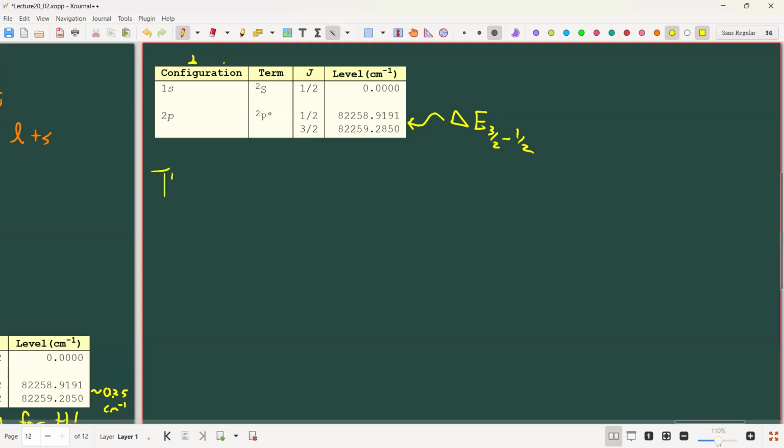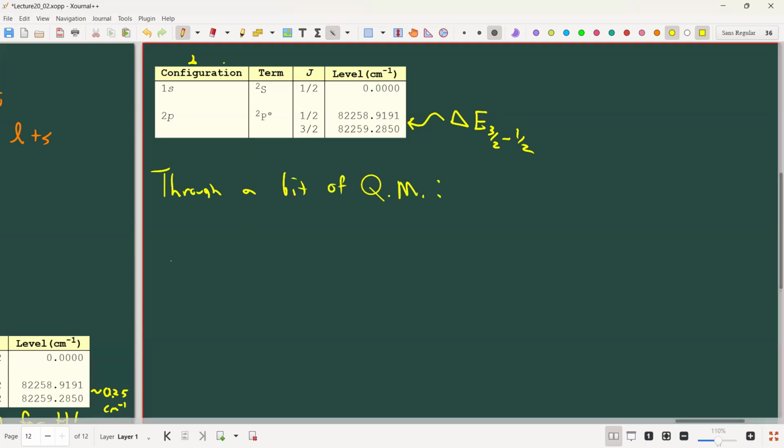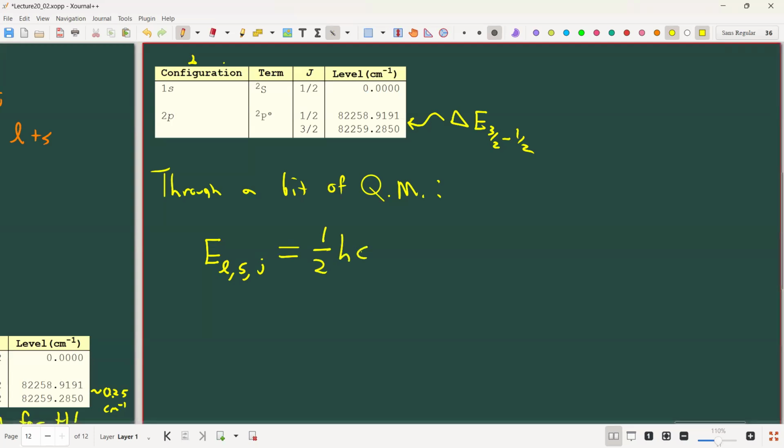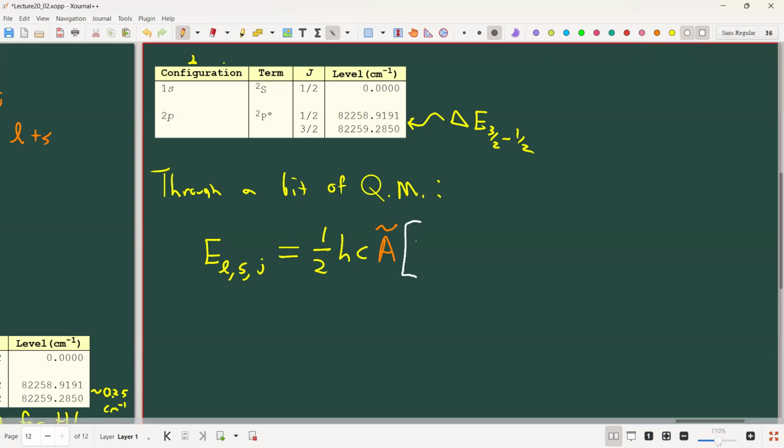What you find is that, through a bit of quantum mechanics, you find that delta E, or sorry, let's just say the energy of a state with quantum number L, spin S, and total angular momentum J is equal to 1/2 hc times this special constant, which I'll call A, put a little tilde on it to specify that it's in wave numbers, times J(J+1) minus L(L+1) minus S(S+1). All right, so if we know the value of J, L, and S for a state, we can calculate the